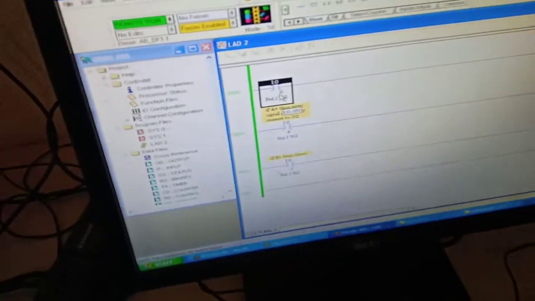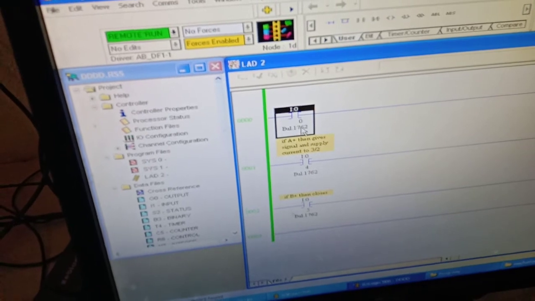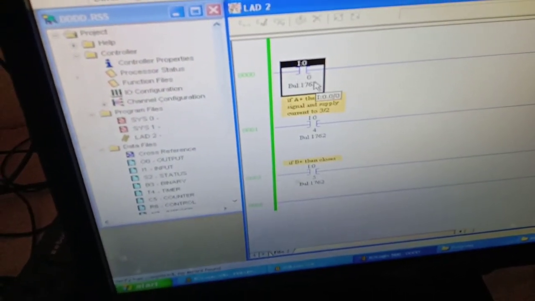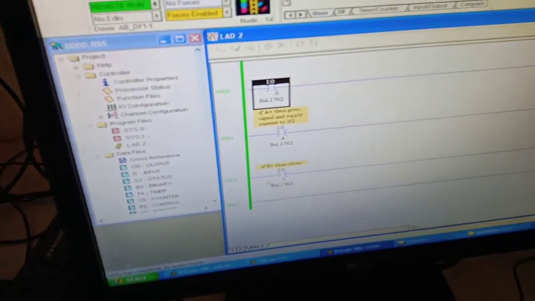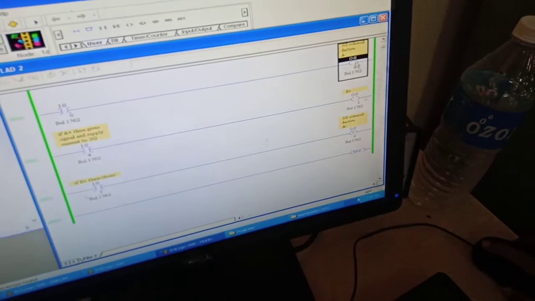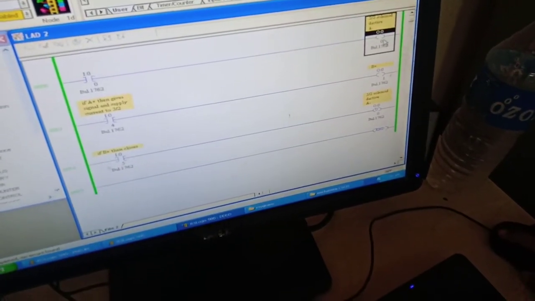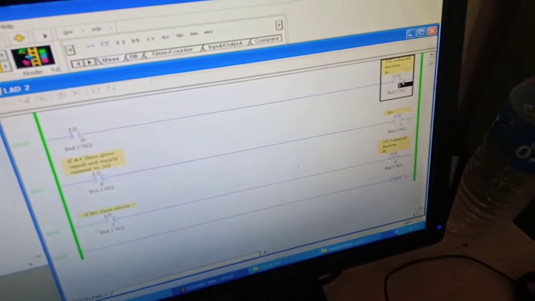Observe here, this is the input switch, represented as I0. If this switch is closed, it will give the supply to the output. The 5x2 solenoid valve is connected at output 0. Once this is closed, we will immediately get the A plus stroke, so output 0 will be activated.